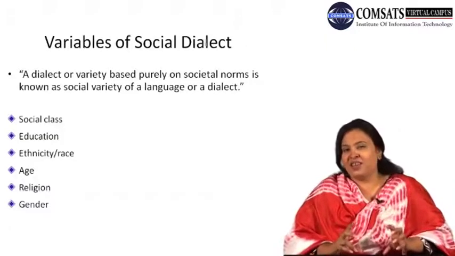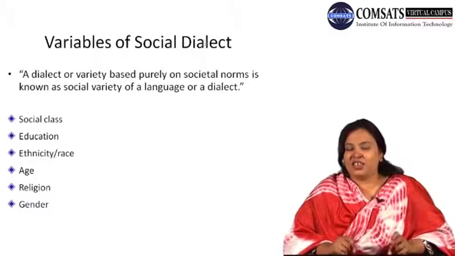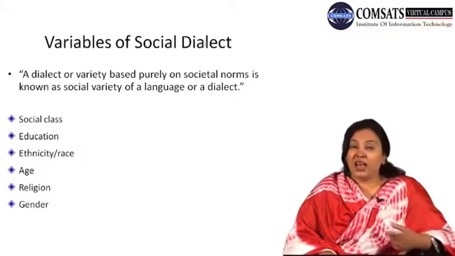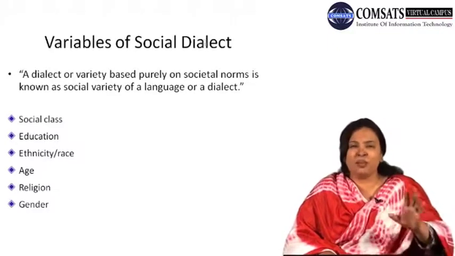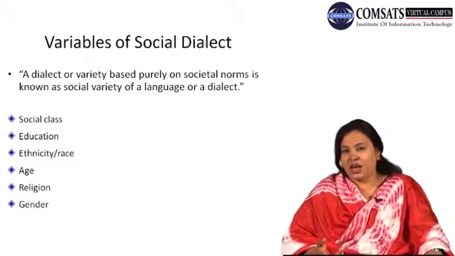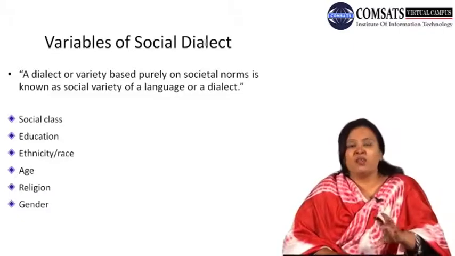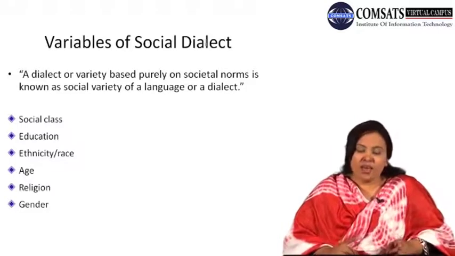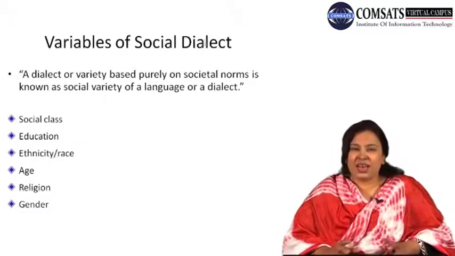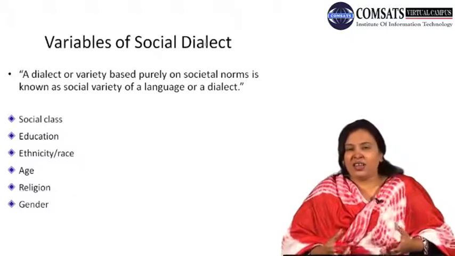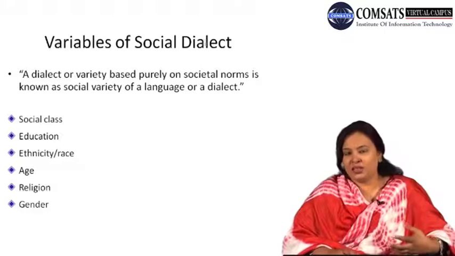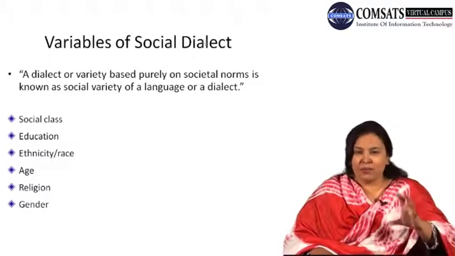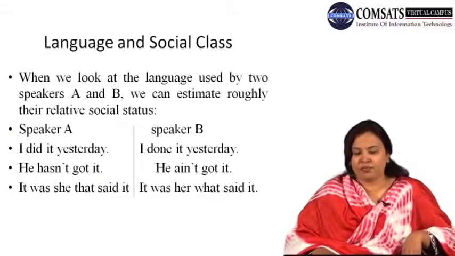And the most important, striking area of sociolinguistics is language and gender. Language differs from one gender to the other. The way male people use language is very much different from the way females use language. So these are all the areas where we can have sociolects, where we can have variations in language because of any of these social reasons. You can explain how they are interrelated. I will pick only a few of these to explain further, like language and gender and language and social class. I have picked only a few because of the restriction of time.